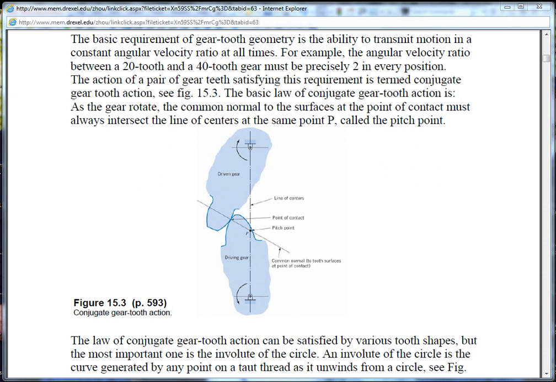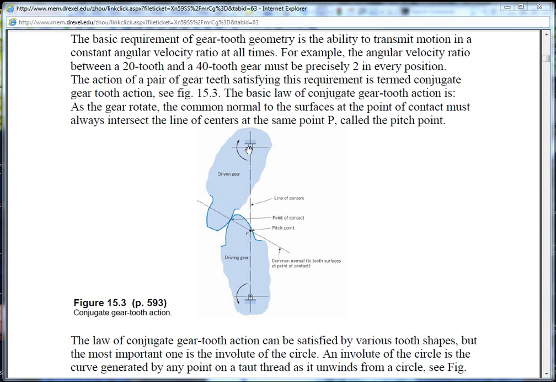So this is the second video on the introduction to spur gears. Picking up where we left off, we were talking about conjugate action, which is action that allows the gears to maintain a constant ratio between the gears. So if the ratio is 3 to 1, it will stay 3 to 1, regardless of, as the gear teeth roll on each other. Right, you can see as they touch each other and move along this point of contact,